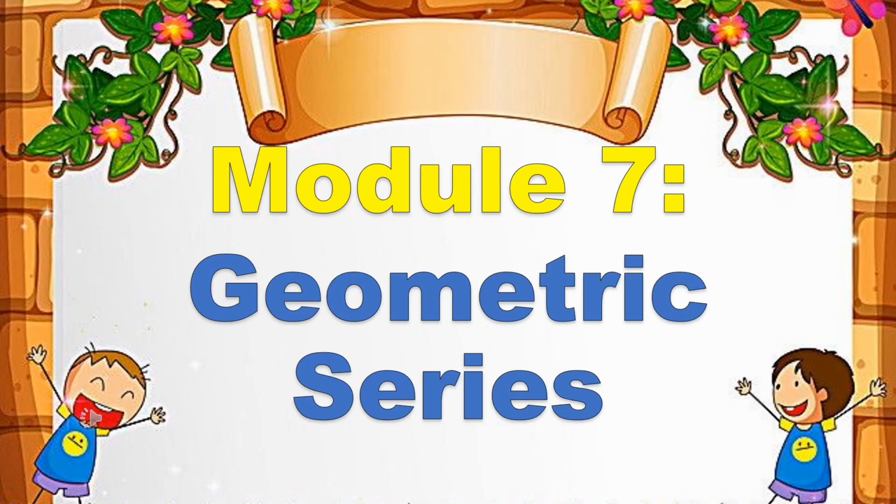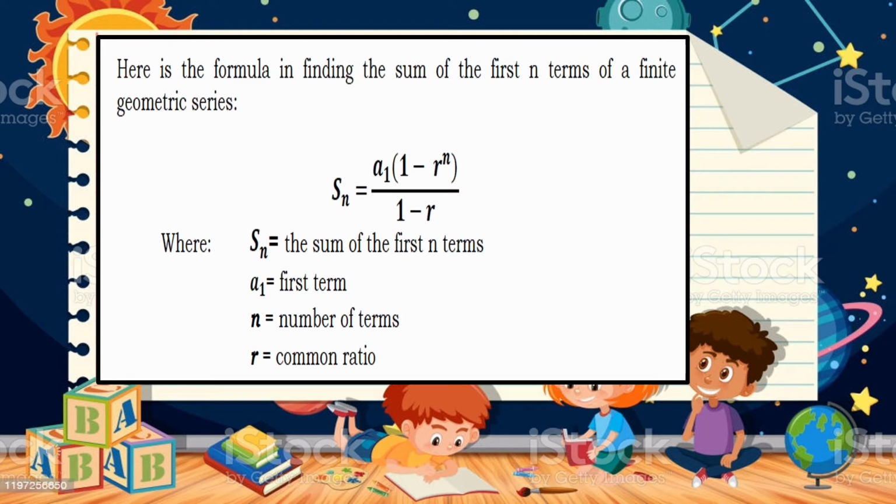So we are now on Module 7, Geometric Series. Here is the formula in finding the sum of the first n terms of a finite geometric series. If we say finite, it has an end. So we have here the formula S sub n, your S stands for sum, equals a sub 1 times 1